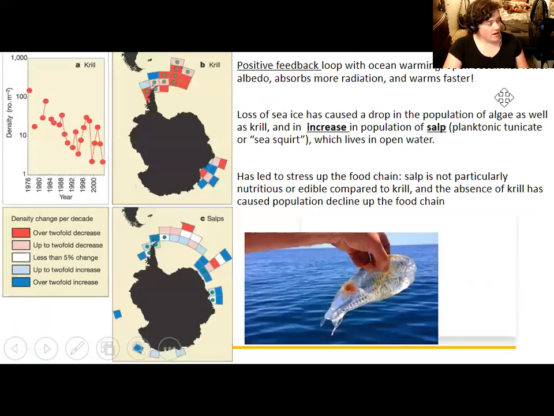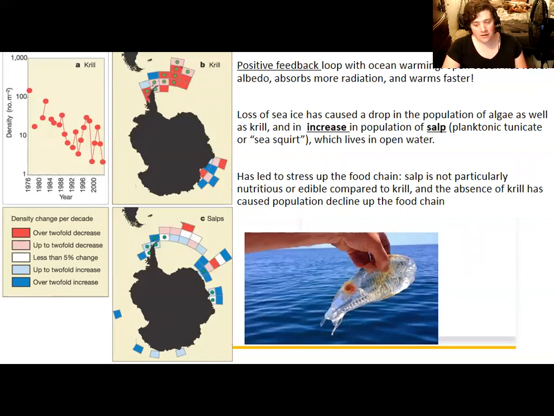And the loss of sea ice around Antarctica has some pretty devastating effects. For one thing, when the sea ice melts and exposes the dark-colored ocean water, the open ocean water has lower albedo. It absorbs more solar radiation than does the light-colored sea ice. Sea ice is a good reflector of radiation and helps keep the planet cool. Ocean water absorbs more solar radiation. And so as global warming causes the sea ice to melt, the white sea ice is replaced by dark ocean water, and thus the ocean water absorbs even more solar radiation and gets even warmer, creating a positive feedback loop.